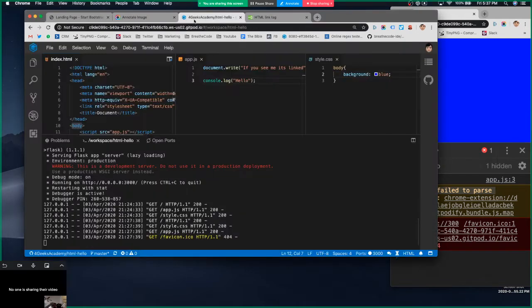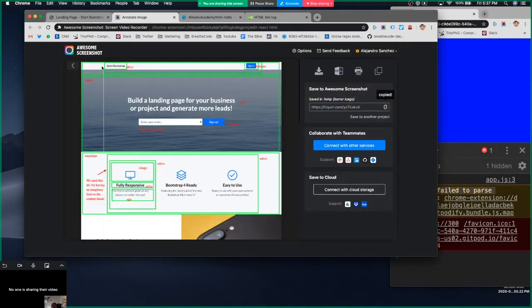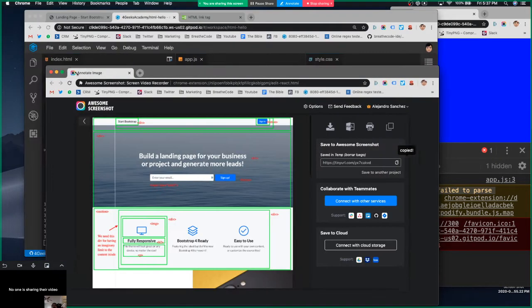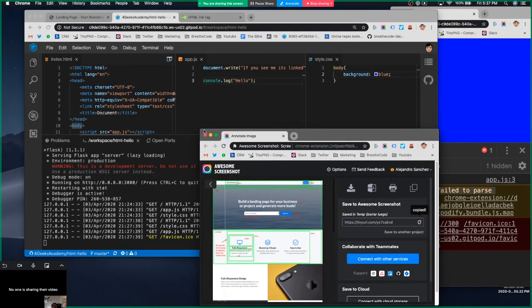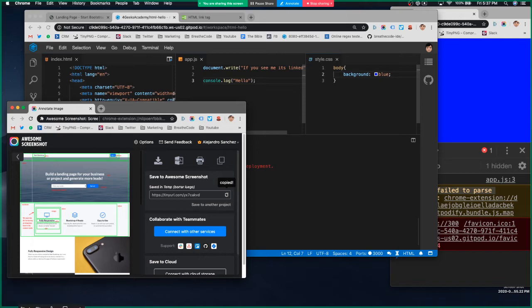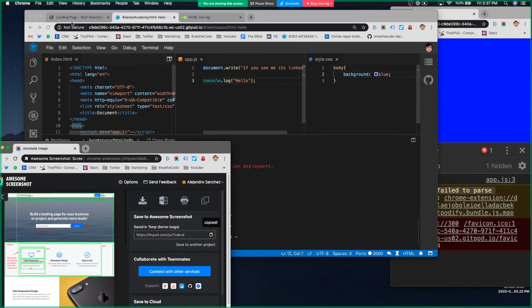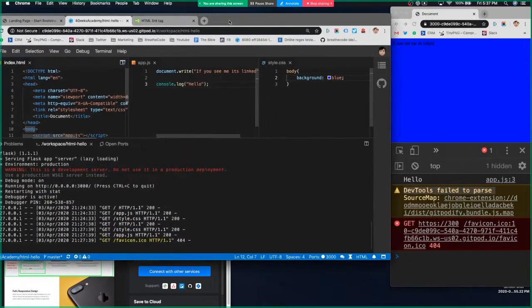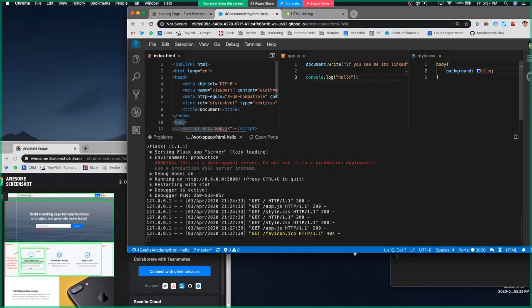Okay, now to build that really fast, I'm going to put my strategy here at the bottom, really small, to build it pretty fast. Let me just put it here. Okay, so